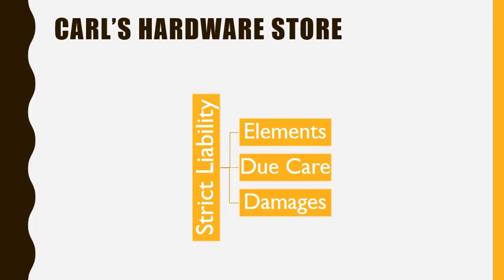Now, if Bob establishes his case, the court in this problem is most likely to rule in favor of who? You need to answer that question. You need to determine whether the manufacturer was strictly liable under the circumstances. Also remember that strict liability allows a plaintiff to recover damages for injuries resulting from product defects without any proof of fault. So take these factors into consideration when you're discussing the Carl Hardware Store question.